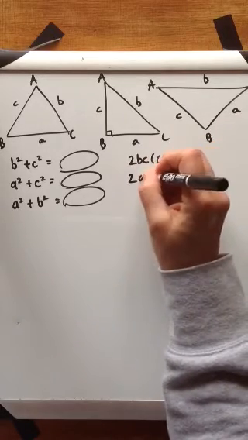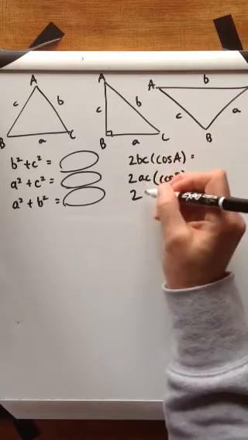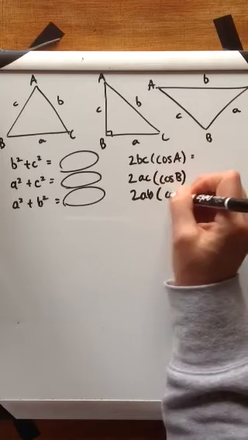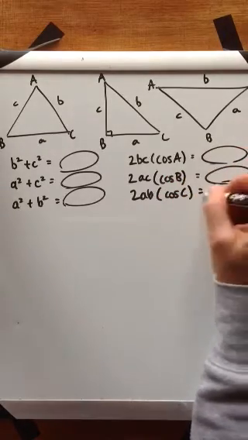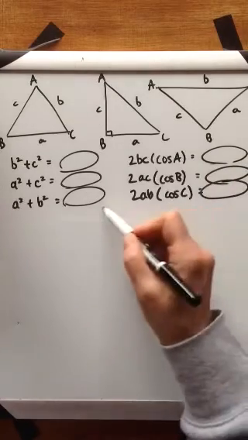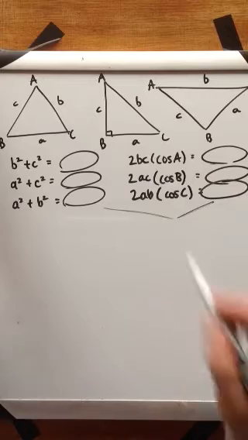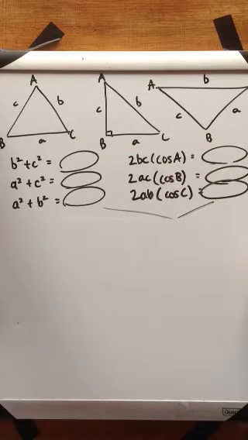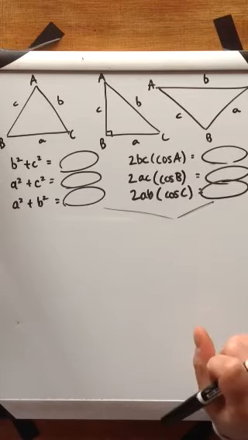What if we took AC with the cosine of angle B, and what if we were to take AB with the cosine of angle C, and what would we discover? And you wouldn't see a direct relationship between these two. They wouldn't be equal to each other just by inspection. But what you would discover is that